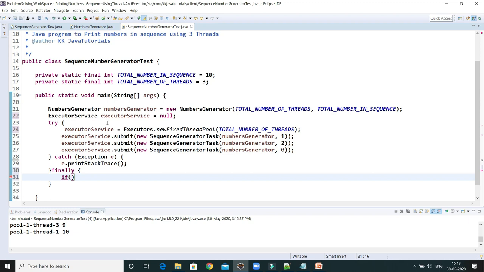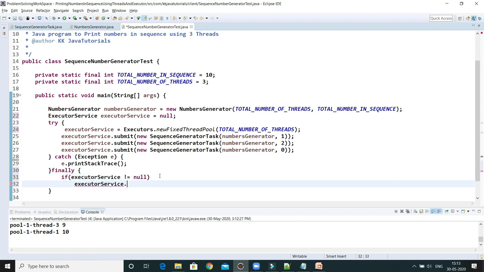I'll say if executor service is not equal to null, then we can close this. Sorry, not close but shutdown, so that the executor service will be shut down gracefully.